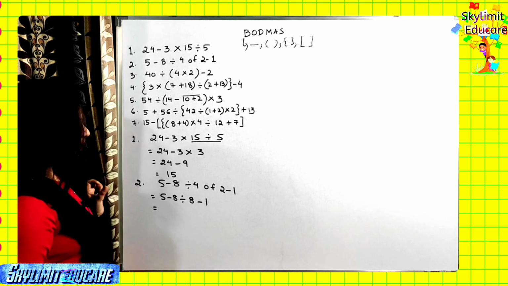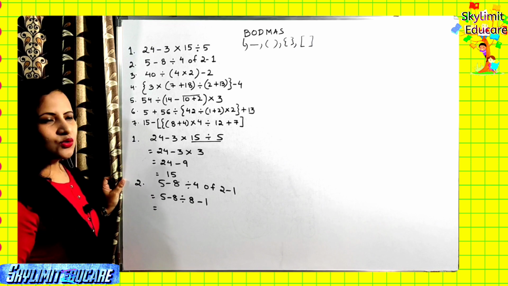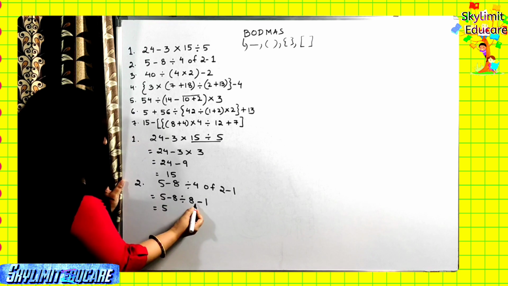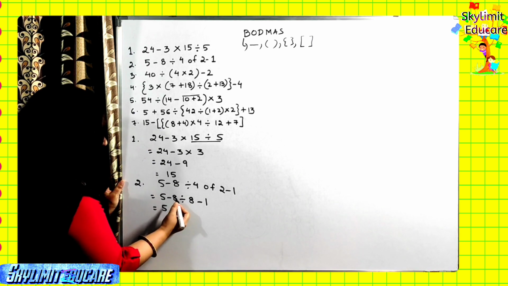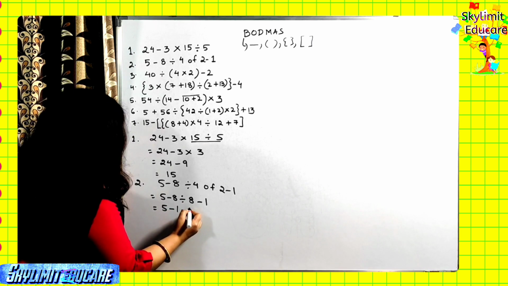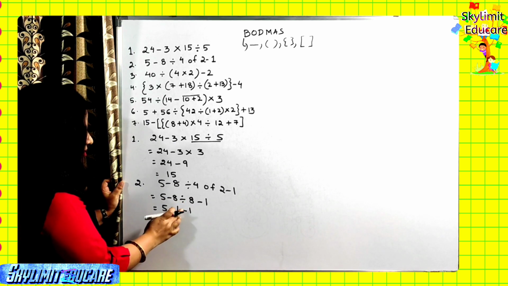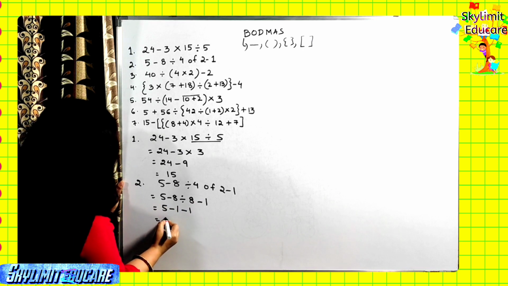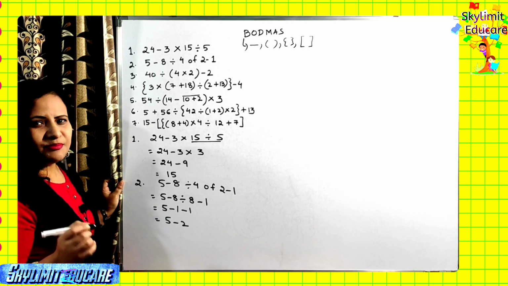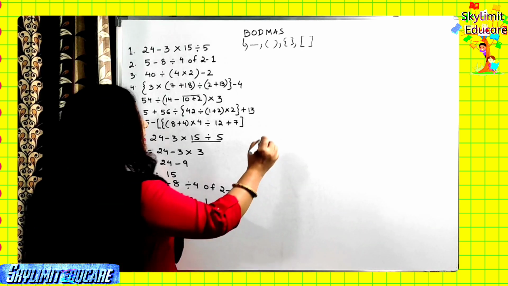So now next part is division. So go for division. Division is between 8 and 8. So 8 divided by 8 is 1, right? So 5, and we can also check the sign here, minus 8 and plus 8. So obviously it is what? Minus only. Minus 1, minus 1. 8 divided by 8 is 1, minus and minus 1. Now you know that minus 1 and minus 1 can be written as minus 2. Both are negative, so add and give the minus sign, right? And so ultimately we got the answer as 3. Clear? Let's come to question number 3.